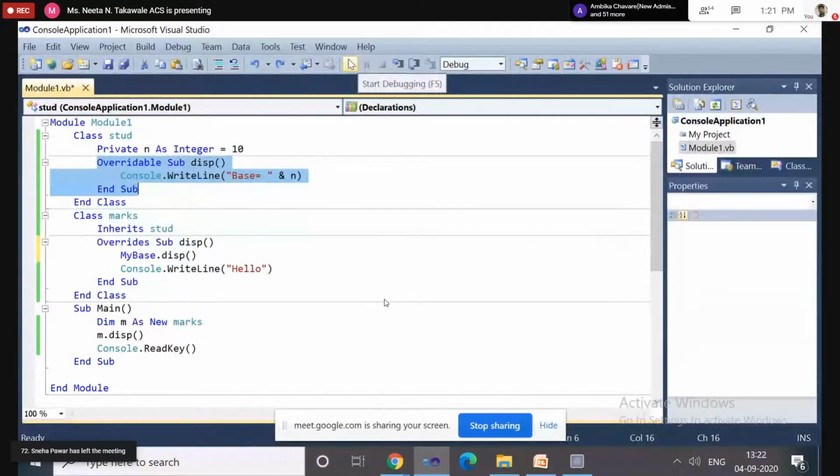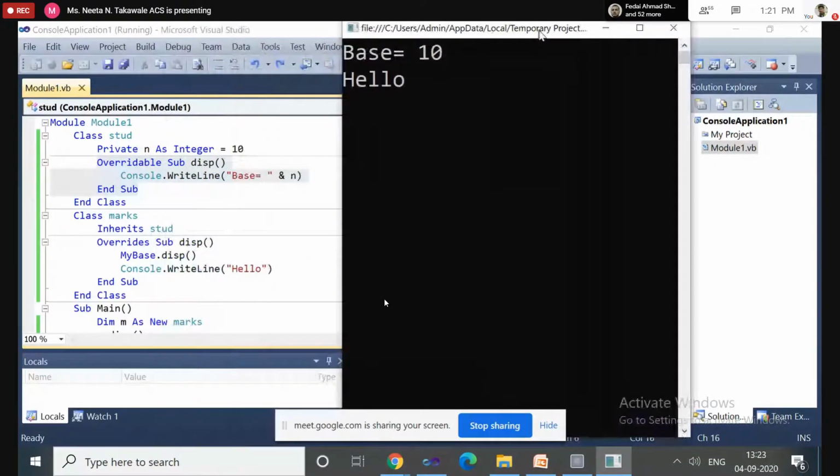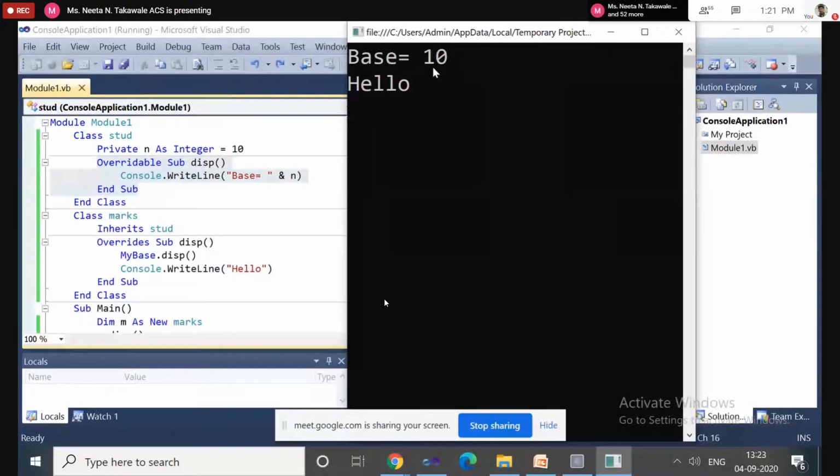Now look at the output. It is showing the value of n, which is initialized in the base class, and also showing the message. So here we are accessing both the overridable method and the overridden method.